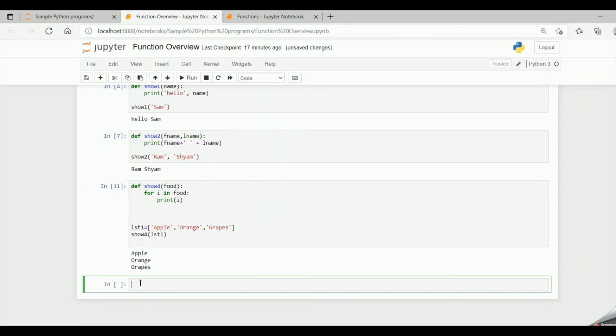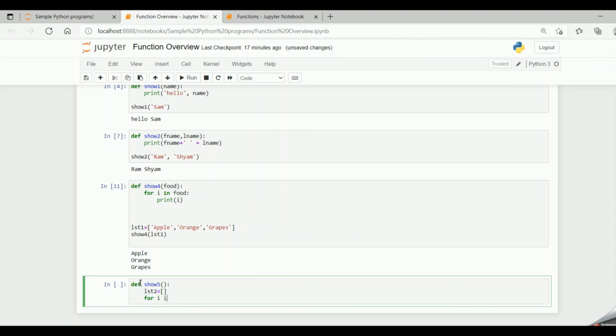Now let's accept a list from the function. So for this, show5, I'm not passing anything to my function, but I'm accepting a list back from the function. So lst2 equal to an empty list.